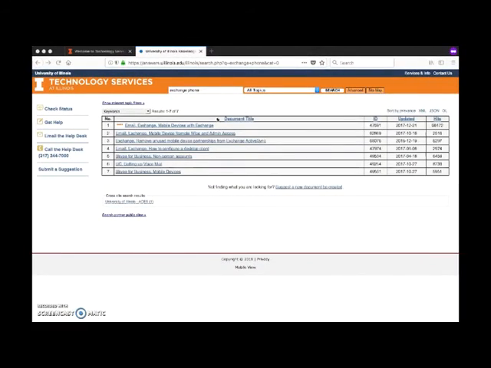So this only returns 7 results, which is pretty easy to sift through what's relevant to me and what's not. And it looks like this top document is probably the article that's going to help me the most. The articles are ranked in terms of how relevant the system thinks they are to your search terms. And over on the right side, you can see a little bit of information about the articles as well. Their ID number, when they were most recently updated, and how many hits the article has. Let's click it and see if it has the information we need.